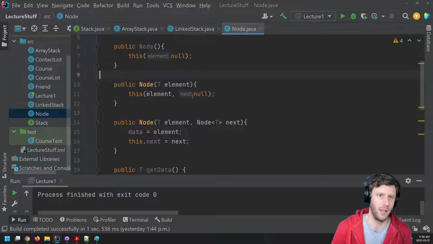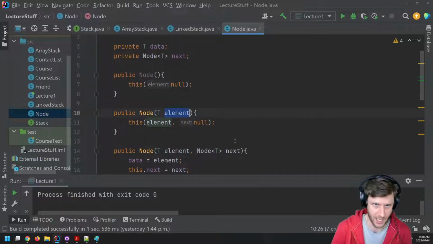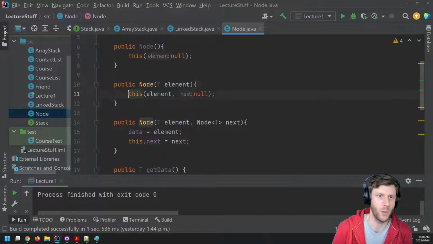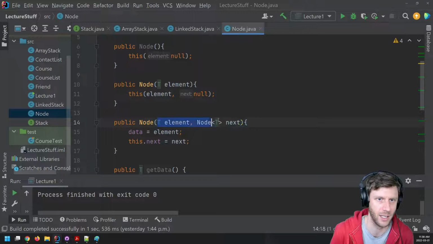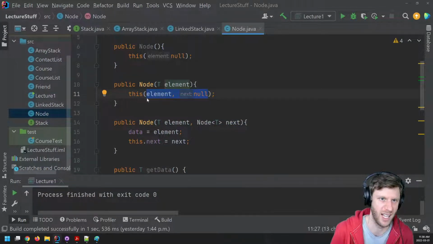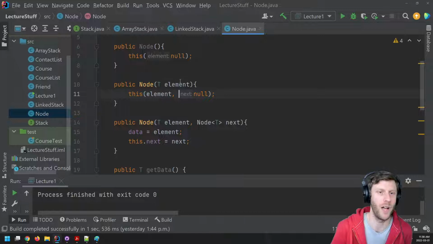If I come along and I do not specify a next, but I do specify the element, I'm just going to immediately call this constructor, and the reason we know it's this constructor right here is because it's the one that takes two of the correct type here. Element null, element next. But null is going to work here. So if I only specify the data, I just call this constructor, which sets the element and then sets the